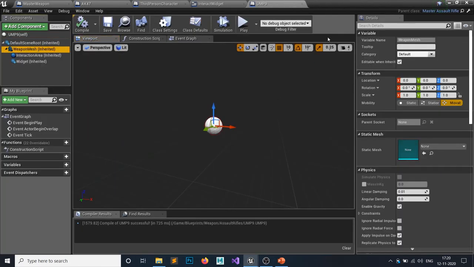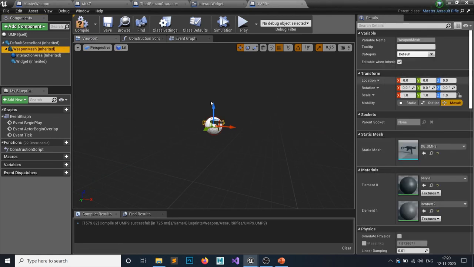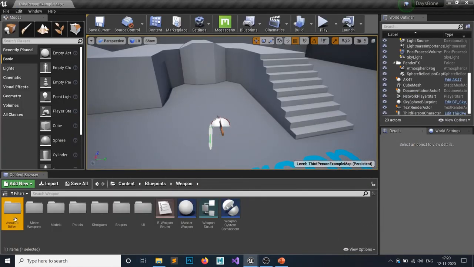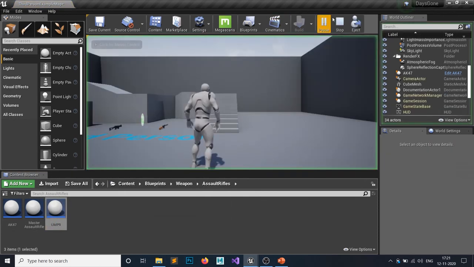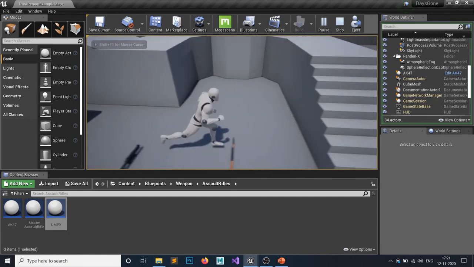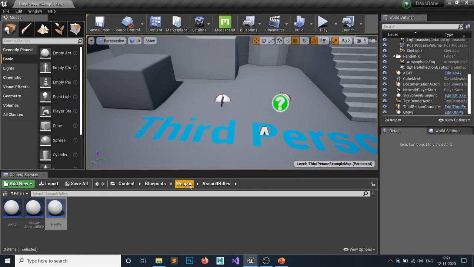My new UMP9 mesh would be UMP9, this one. Compile, save. Let's grab a node and attach it here. As you can see, this is UMP9, this is AK-47. This is how you can make new weapons.